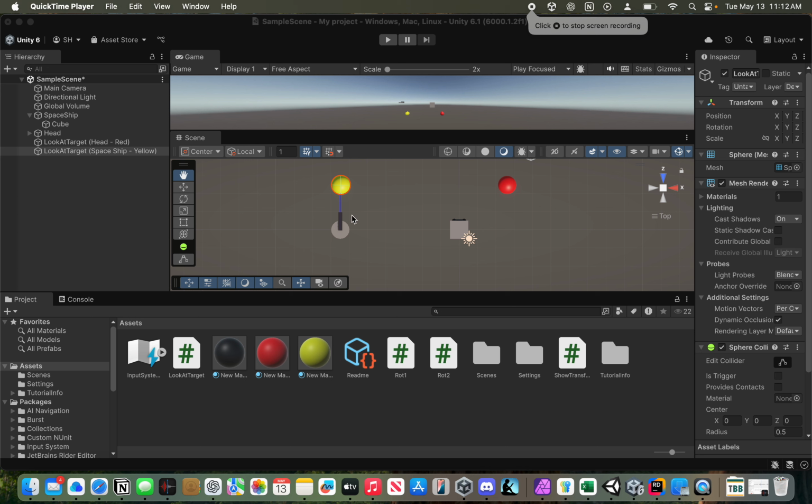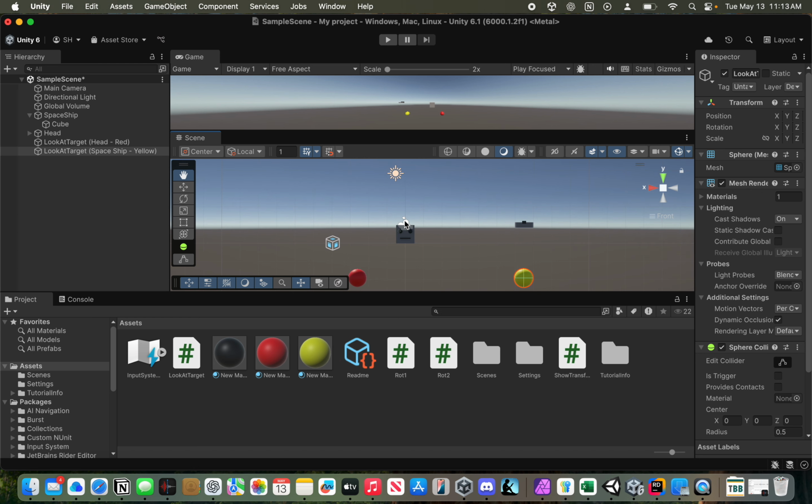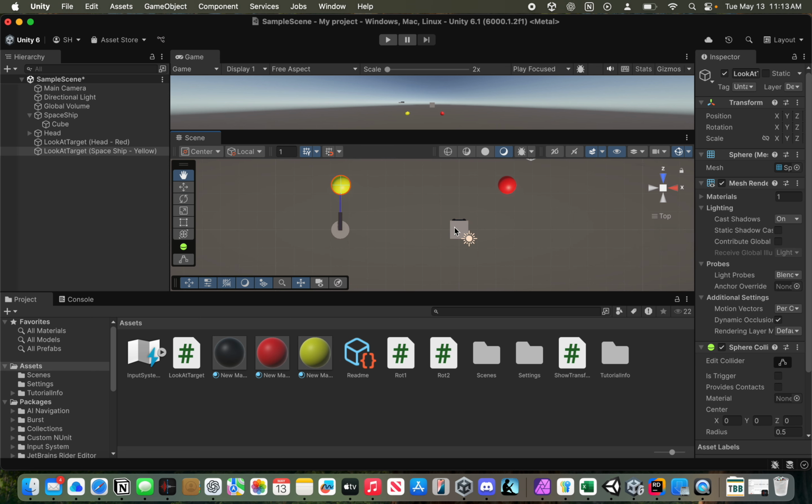So this is going to be just a quick recording. I wanted to do a little investigation into rotation versus transform.LookAt. What I've got here is two models. This is just sort of a face head model and a spaceship model, and they're both wired to look at